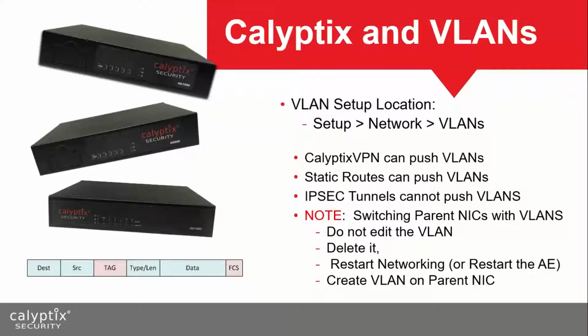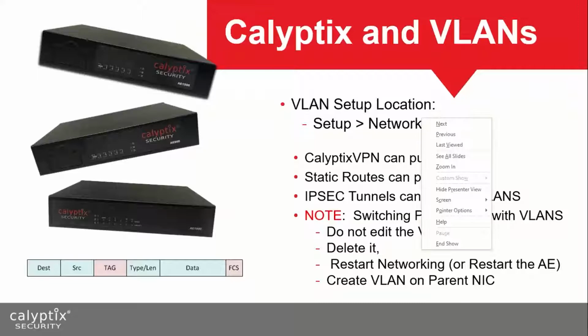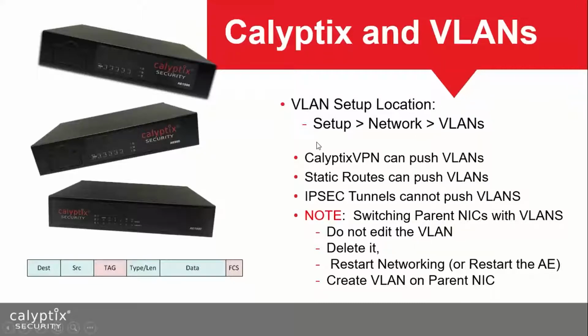If you are switching the parent ID, let's say from NIC 1 to NIC 2, it is recommended that you do not edit the VLAN and just switch the parent ID. It is best that we delete the VLAN itself. There'll be a button that says restart networking, and you can restart that. I recommend that we restart the AccessEnforcer itself. And then we create the VLAN on the specific parent NIC that we want it on. So I'll give you an example of what that looks like as we look at the location of where the